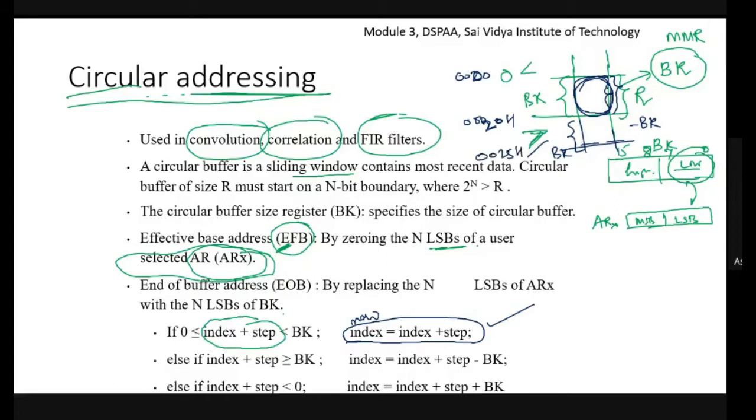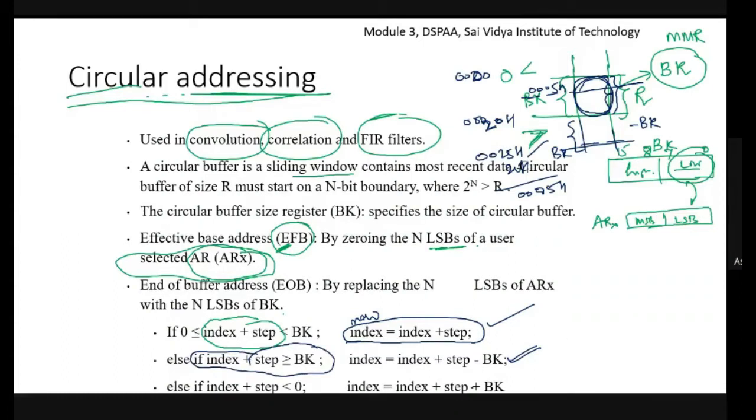I must get the updated index within this range. Then we subtract the buffer size. If it is 20 hexadecimal, we subtract 20 hexadecimal. Then the new value will come as 0005 hexadecimal. So your updated index will shift to 0005 hexadecimal. This is subtraction when index plus step is greater than or equal to the circular buffer size register.